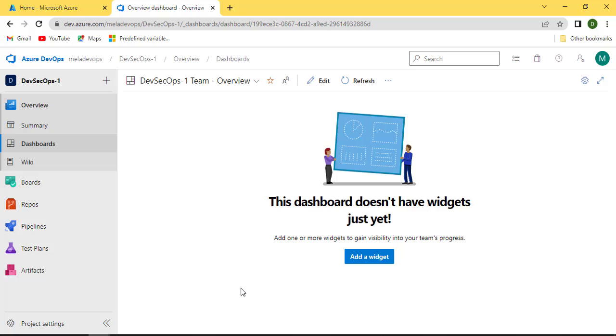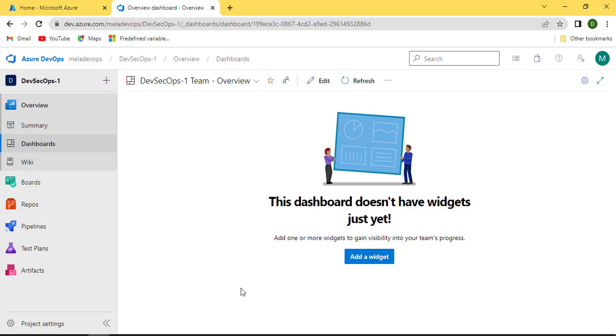Will your stakeholders go and run queries? How will they come to know what percentage of user stories got completed? So this is a dashboard, a good looking dashboard you should create. I'll always suggest you should create it, keep it, and share it with your stakeholders. Okay, and this is also good for your other developers.